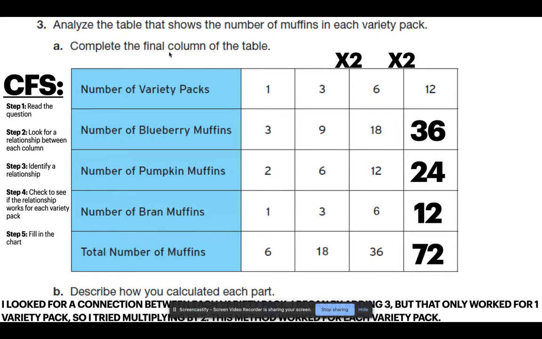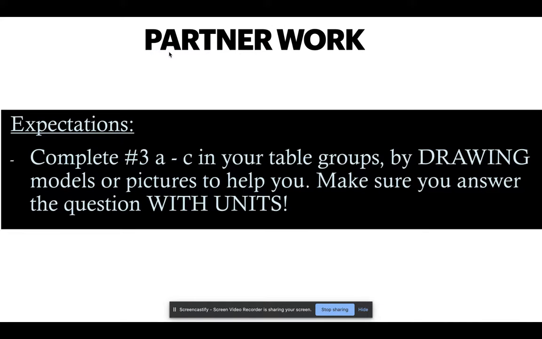Okay? Alrighty. So now I want you to work with your partner. The expectation is that you're going to complete number 3, questions A through C with your table groups by drawing the models or pictures to help you make sure that you're answering the questions with the units. So we're talking muffins. We're going to make sure that we have our number and then muffins at the end. If we're talking boys to girls, we're going to make sure we have our number and